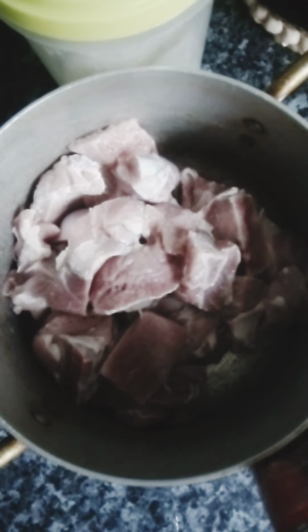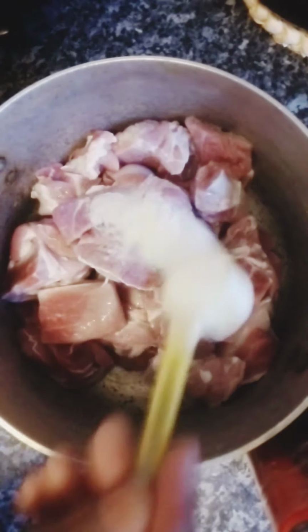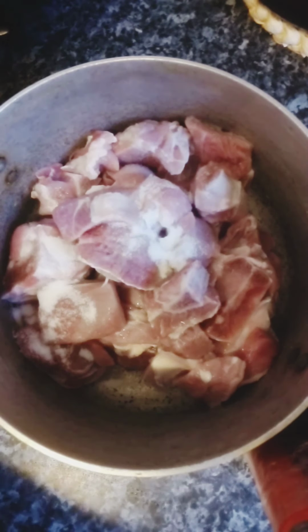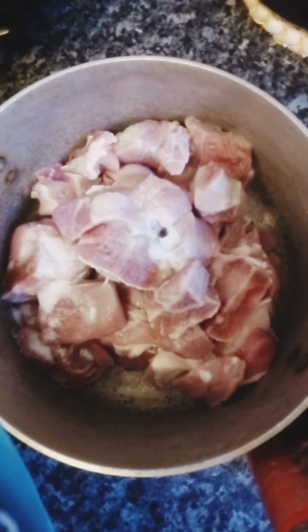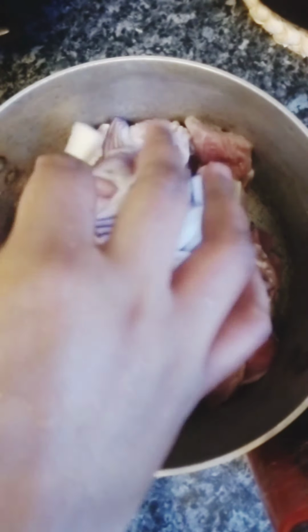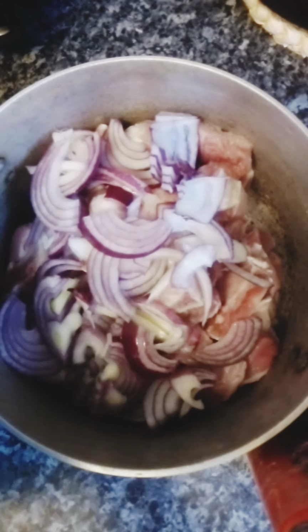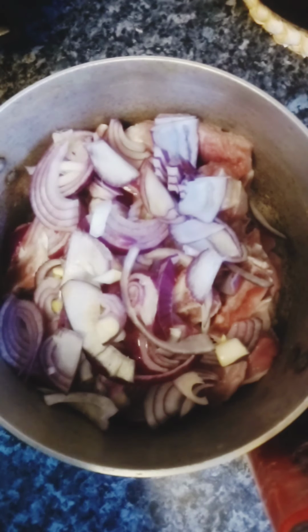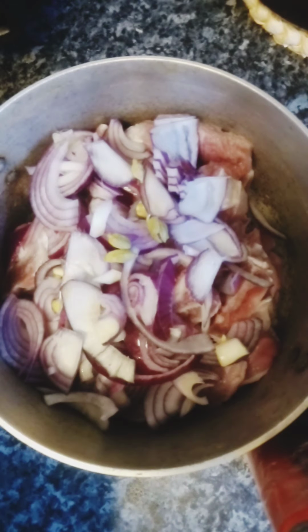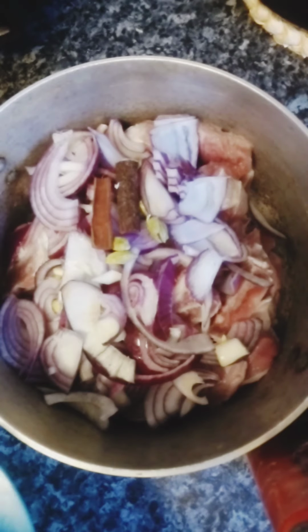and you add salt to your taste. We put about 1 teaspoon, and then you just add all our usual stuff: onions, and then you add the cardamoms, all the garam spices, cardamom, star anise, bay leaves,